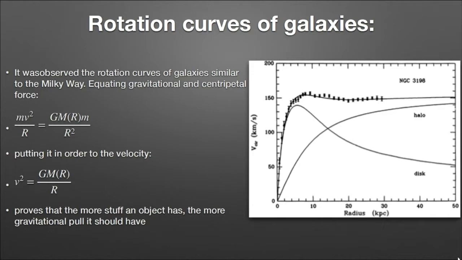So what happens? As we all know, our universe is expanding. Comparatively, at the center, if we go to the edges, there will be less mass. So according to that, there should be less gravitational pull, and they should shrink in size, as we see in the graph for the first two lines, disk and halo, they are decreasing.